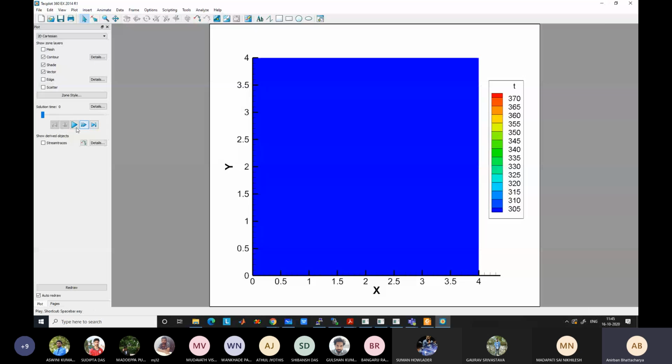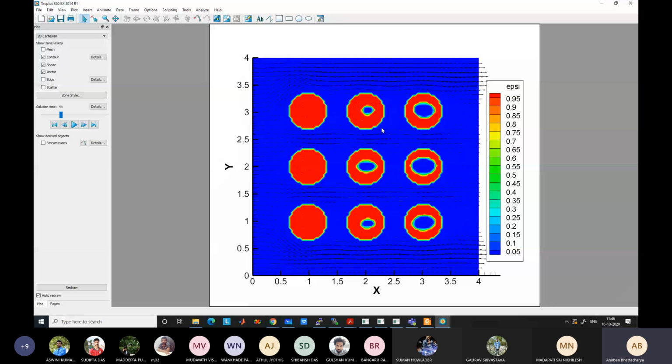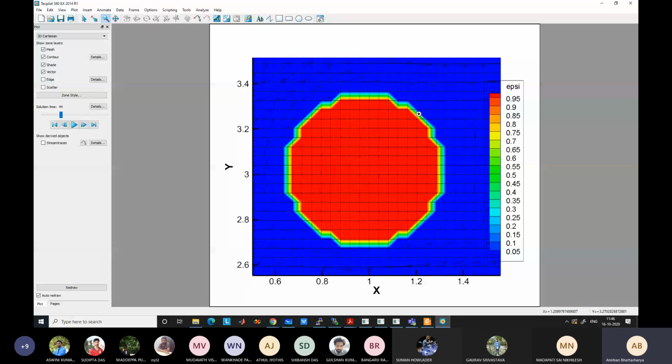So initially no melting is there. With time, melting is occurring, and gradually the first row melts faster because the hot temperature is there. Then the second row will melt, the third row will melt. So what you can see here, I will zoom in on one of these. See this boundary, it is zigzagging in pattern, right? What has happened is that because of limitation, we are taking a somewhat coarser grid. If we could have taken a finer grid, still a zigzag pattern will be there, but it will be much smoother as compared to this.